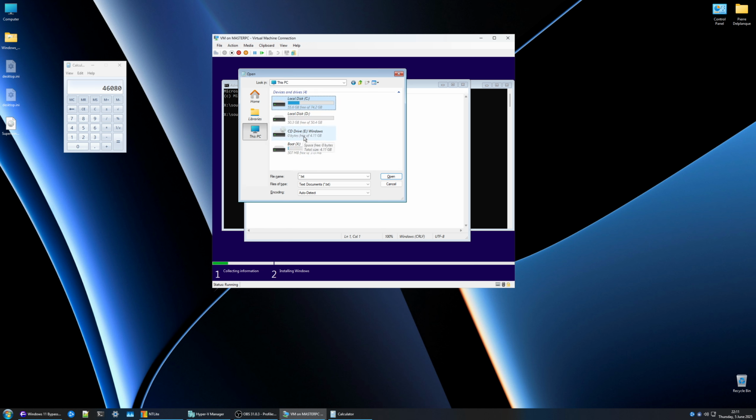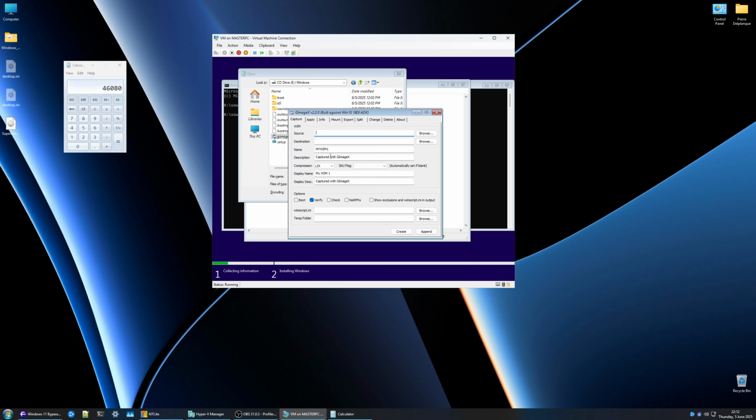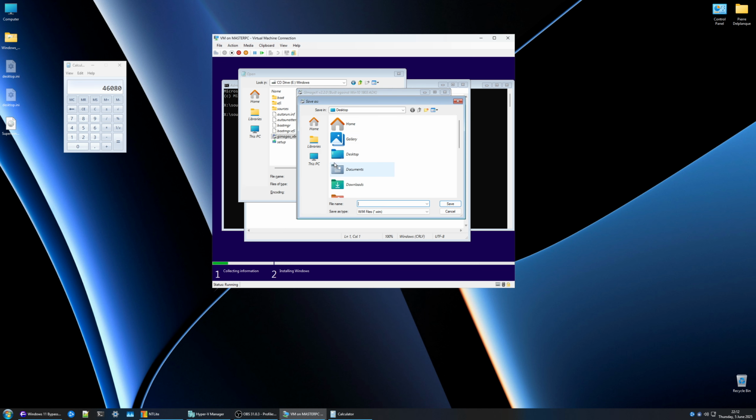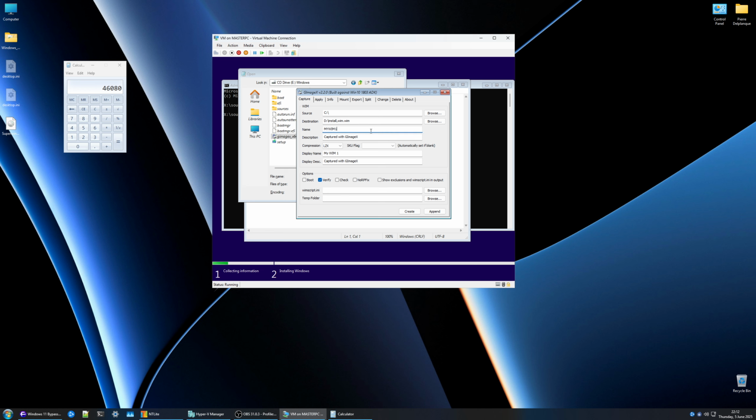So what we do, we go to our DVD and we use GImageX, x64, run as admin, and you have this. The source is your C. That's where Windows was installed. The destination is your second partition, because otherwise you will have conflicts, and that's not good. Install.wim, save, name